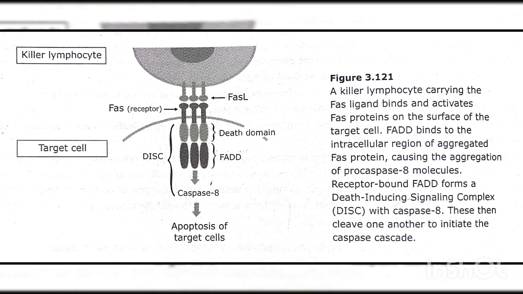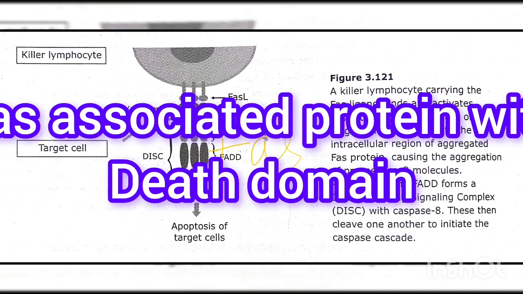One typical example is the FAS receptor. These are members of the TNF receptor family. TNF means tumor necrosis factor receptor family. Its ligand is FAS-L, meaning the molecule to which the receptor can bind. The interaction of this ligand and the FAS receptor on the target cell triggers apoptosis. When FAS binds to its ligand FAS-L, an adapter protein called FAS associated protein with death domain, which is called FADD,